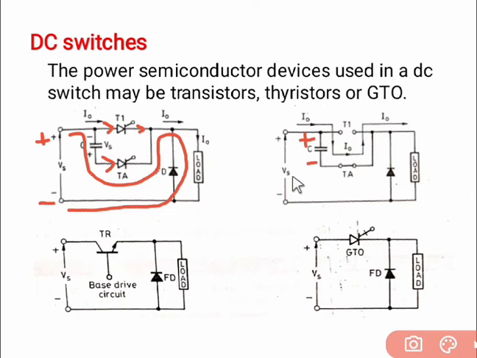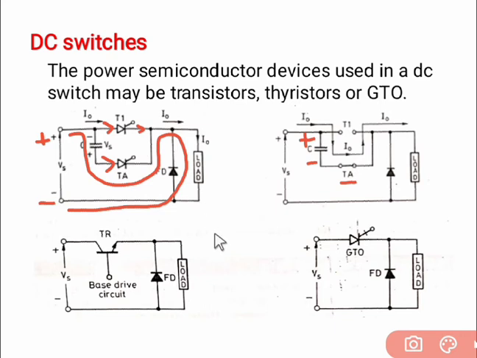As we all know, in the final condition the capacitor becomes open circuited because the voltage across the capacitor is charged fully to Vs. So no current will flow through the capacitor. So the current flowing through the thyristor is below the holding current of thyristor TA, so thyristor TA will turn off automatically. So the thyristor T1 is turned off by applying a gate signal to TA.